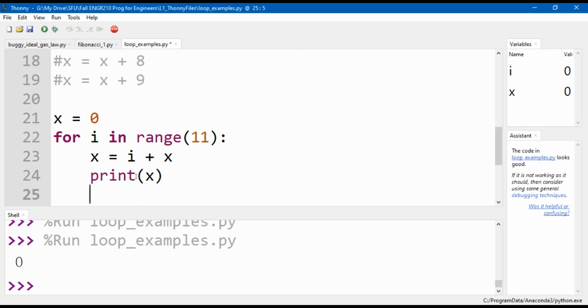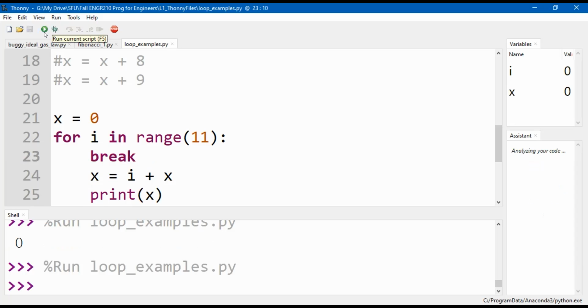Let's move this around. So I'm going to take the break statement and put it up top. What happened? The code just ran, nothing came out. What just happened? Ran it 0 times. No, it still ran once. But where would it have had to stop in order for it not to print? Yeah, Vincent? I was going to say X is no longer defined, but it's just under the for words. Correct. Yeah.